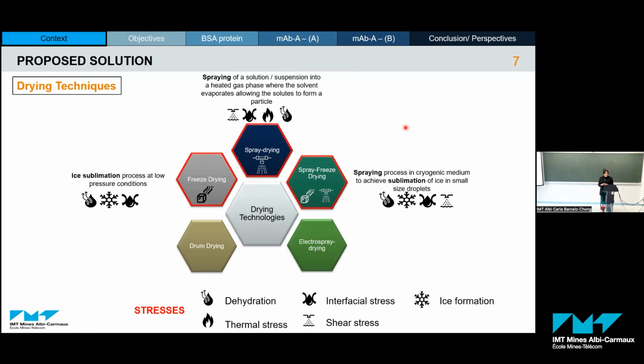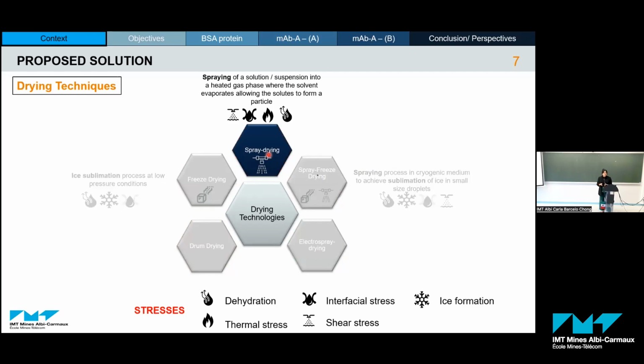One of the motivations for this thesis is that one monoclonal antibody formulation was dried using these three different techniques, yielding different results. For example, for freeze drying and spray-free drying, the formulation we obtained was of very high quality, with low aggregation and turbidity after reconstitution. On the other hand, for the spray drying process, the formulation that we obtained showed high turbidity after reconstitution from the spray dried powder, and as well aggregation. Therefore, for this thesis, we will focus on the process of spray drying to understand the effect of the different stresses on the protein stability.